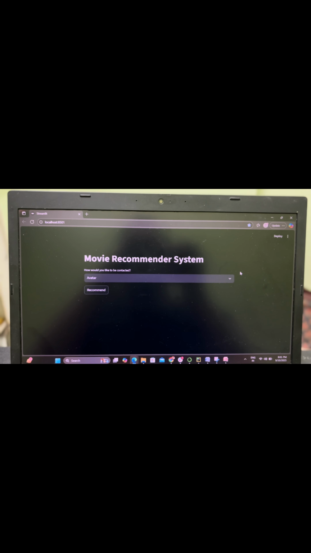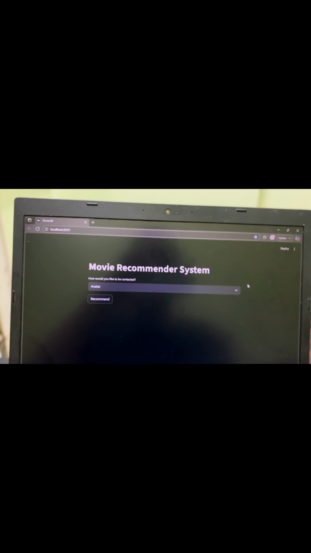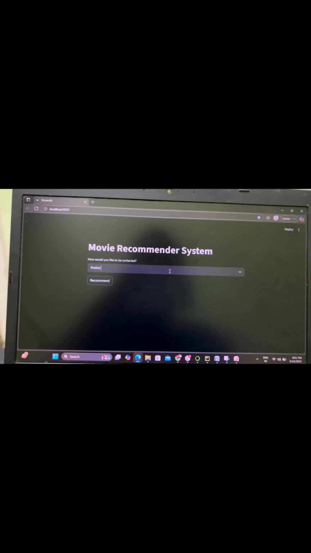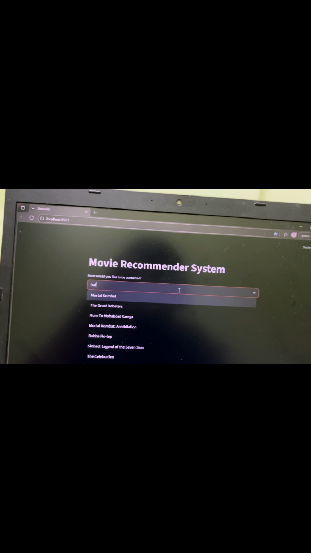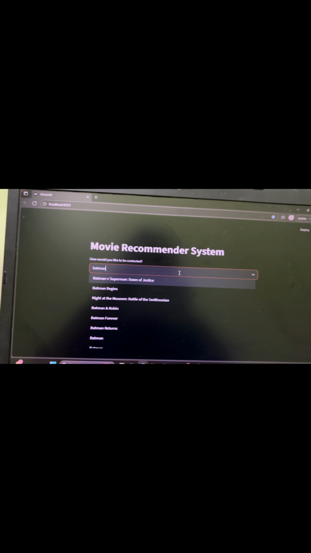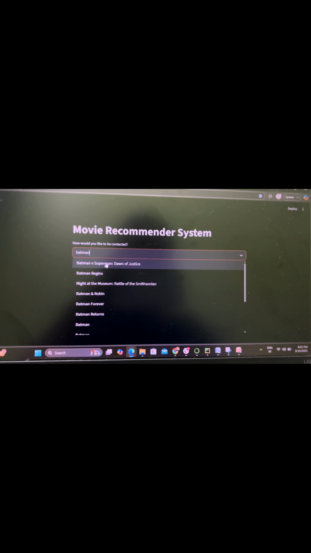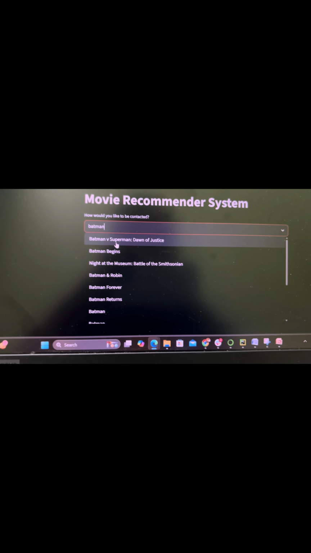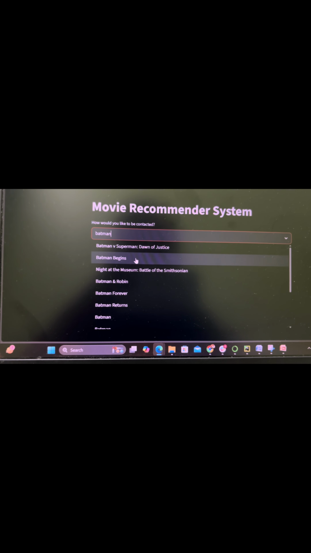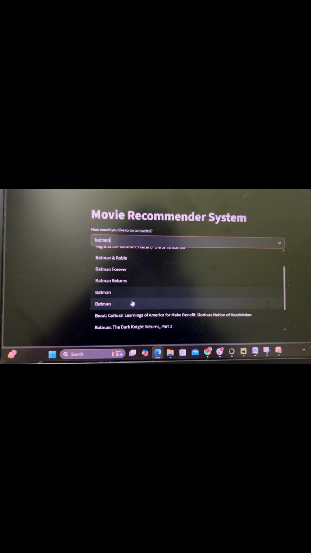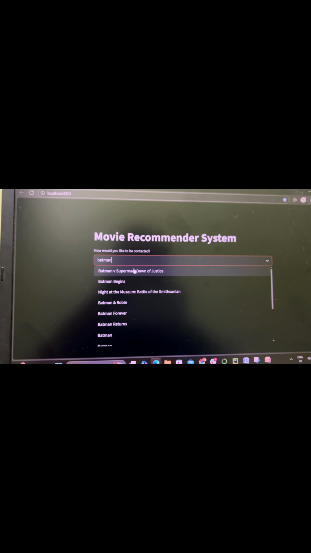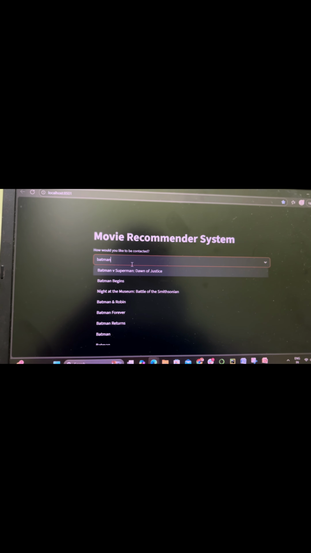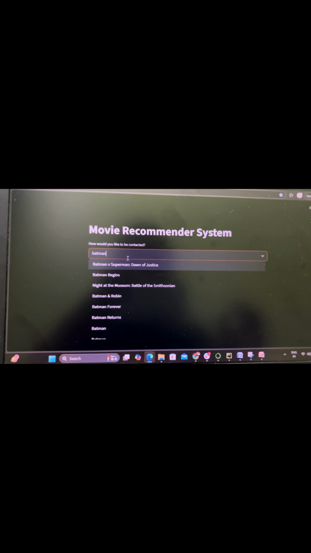Now I'm going to show you how my interface looks. So this is my movie recommendation system. As you can see, if I remember a movie, suppose Batman, and I write Batman, it will search in the database of all the 5000 movies and give me all the movies related to Batman. If you see, it has given me Batman versus Superman, Batman Begins, whatever is there in that movie list, that particular movie it has shown me as a result. So fantastic, my recommendation system works perfectly fine.